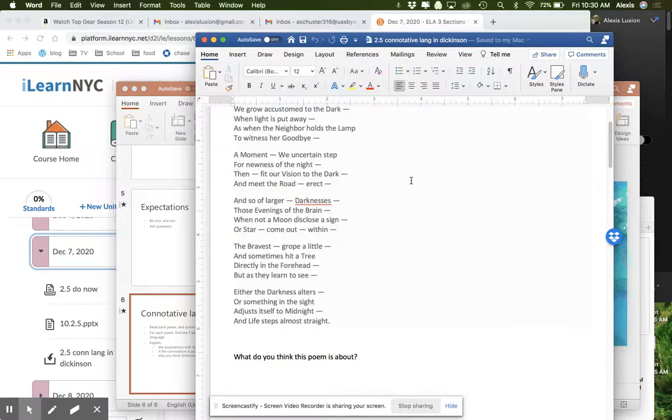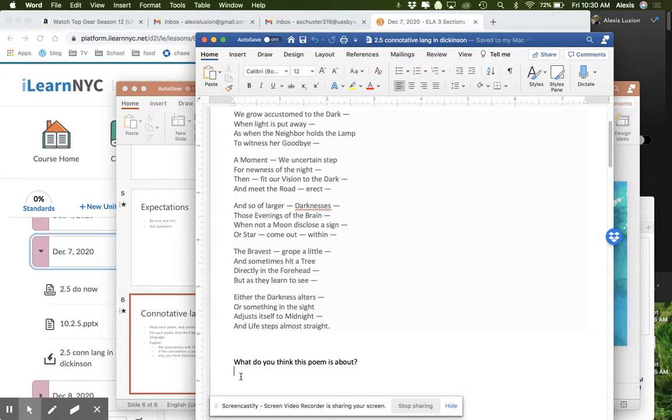All right, welcome back. So, what we're talking about is what do we think this poem is about? And this poem, when she says dark, she means her depression. Okay. And so, what she's writing about is that when depression happens, it feels dark, it feels closed in, it feels sad, or like nothing's ever going to be good again. And so she's writing about how we have to journey through that and we have to find